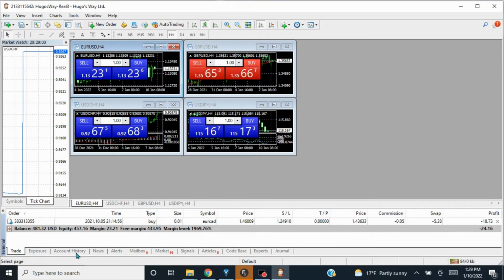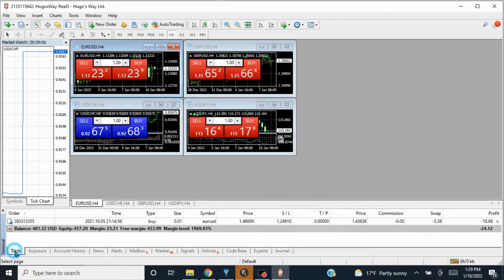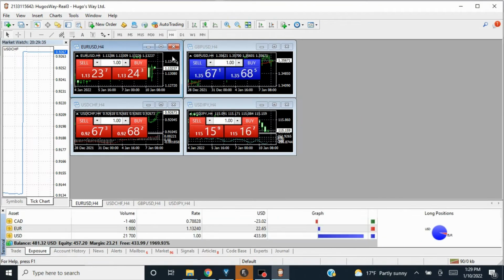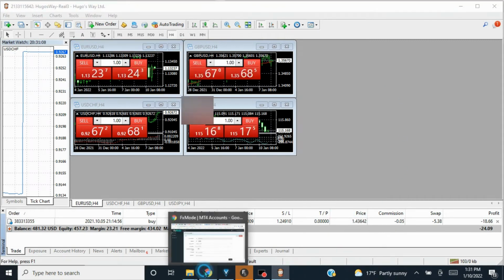Where's my account history? Trading. You're minus $24 today. Minus 18 a while ago. Is active trading. Okay. So the amount you can transfer is 434. It just bounces around here. So with that said, let's go back